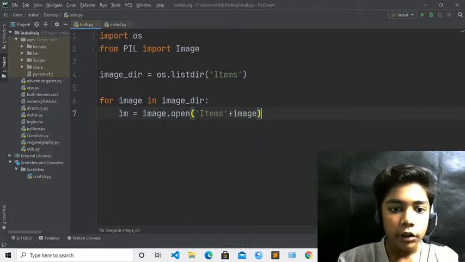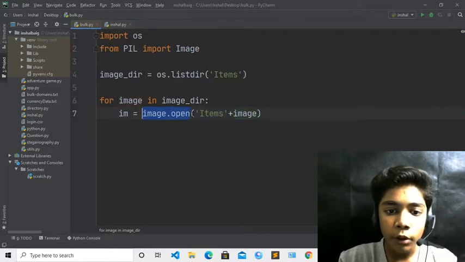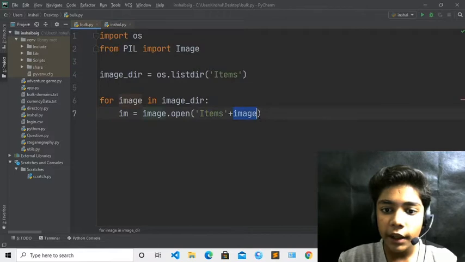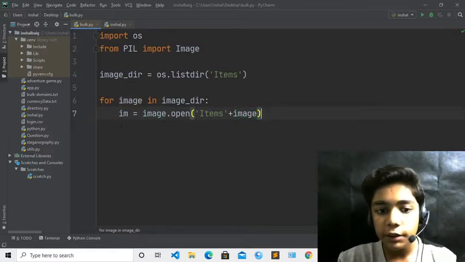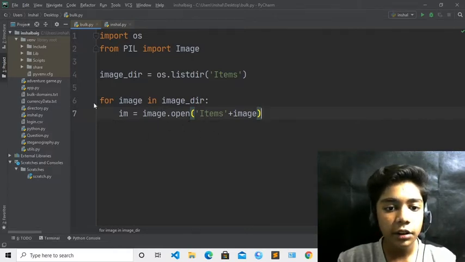I hope you understand till here. So we are defining our im tag in which we have defined Image.open. It will open our images in the items folder. It will be all images, you don't have to define one and other images. Once you have defined one image, it will automatically be defined for all images in your folder.